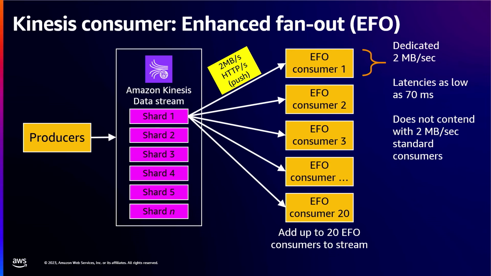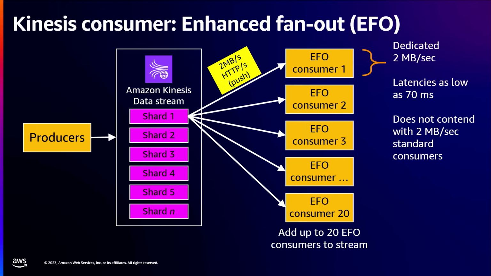Then for faster response times for certain stream data, you can actually set up enhanced fan-out, called EFO. So EFO consumers are really cool because they actually have a dedicated 2 megabyte read throughput, and Kinesis actually uses an HTTP push mechanism to get the data to the ESM faster, and this means that the latency is reduced to about 70 milliseconds.